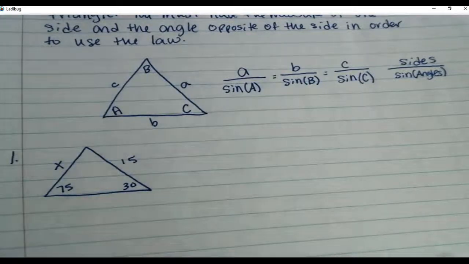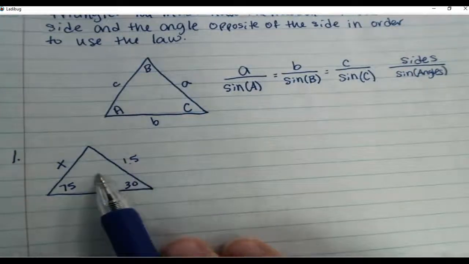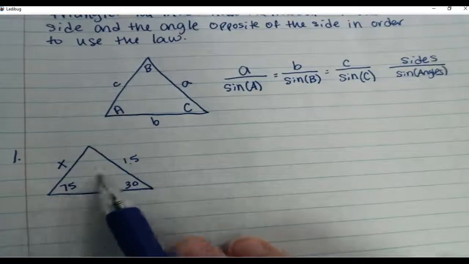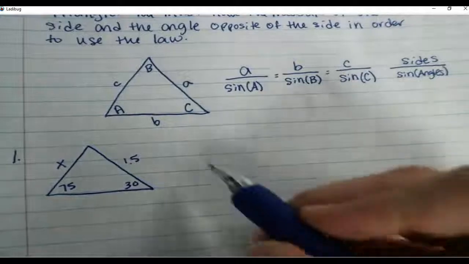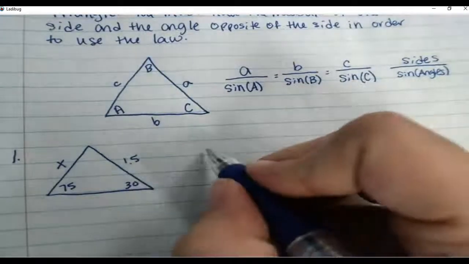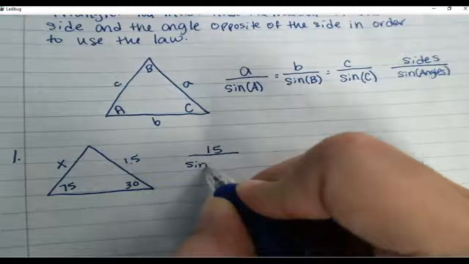To be able to do law of sines, we have to know a side and the opposite angle. I know the side 15. Do I know the opposite angle? Yeah, 75. So that's my only requirement. Now we can set it up. Our side goes on top, so 15 divided by sine of 75